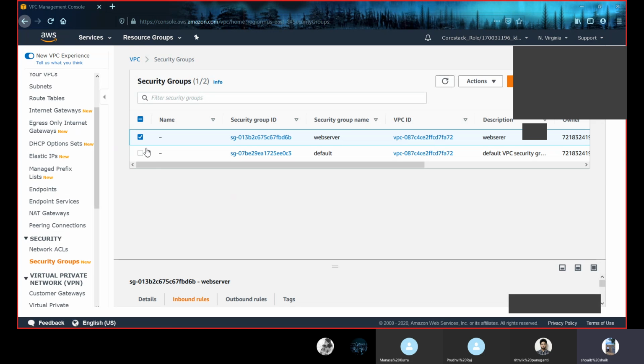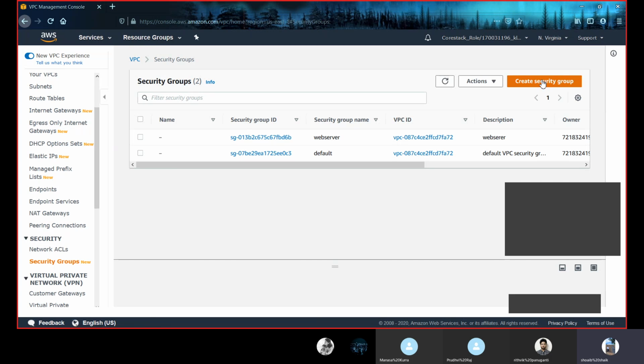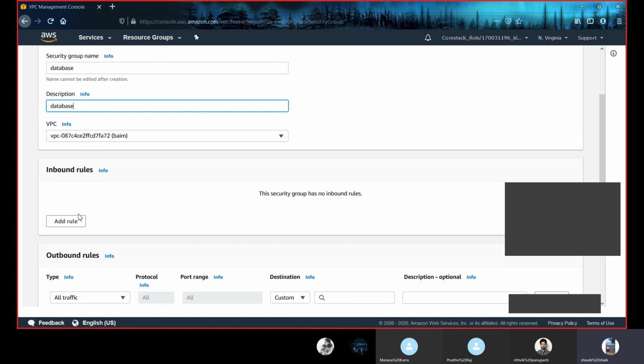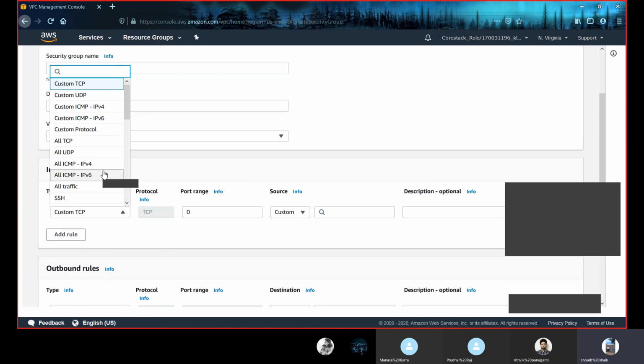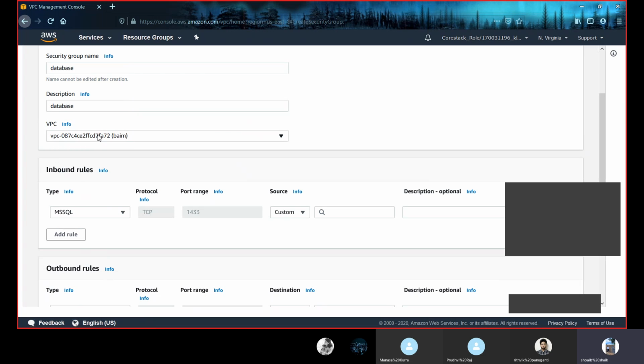Now, let us create another security group for a database. You just have to click create security group, and now I'm naming it database. Here in description, database. And let us add inbound rules. If you want a SQL type of traffic, then you can select MS SQL.